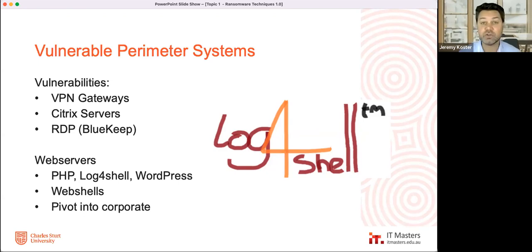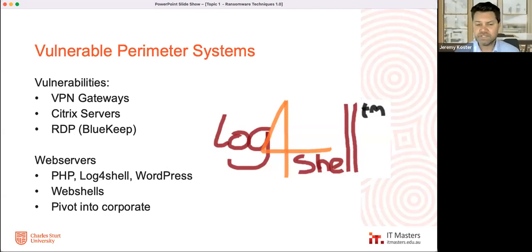And that is a great way for ransomware to get that first step into the organization. We have web servers. PHP has had lots of vulnerabilities. Apache has had lots. WordPress has had lots, typically not in corporate, but maybe for a smaller organization hosting their own WordPress, keeping that up to date is very important.